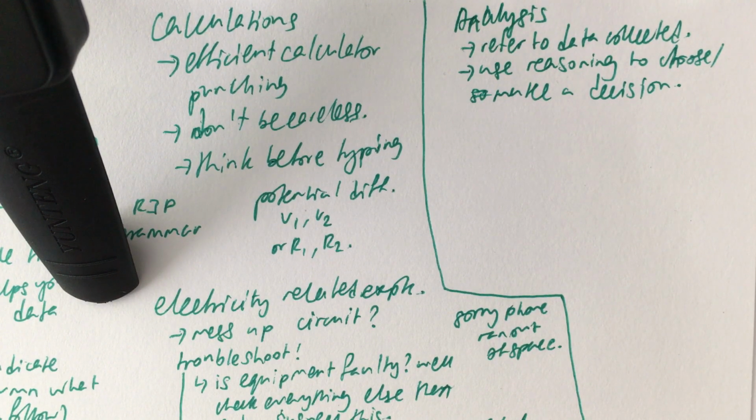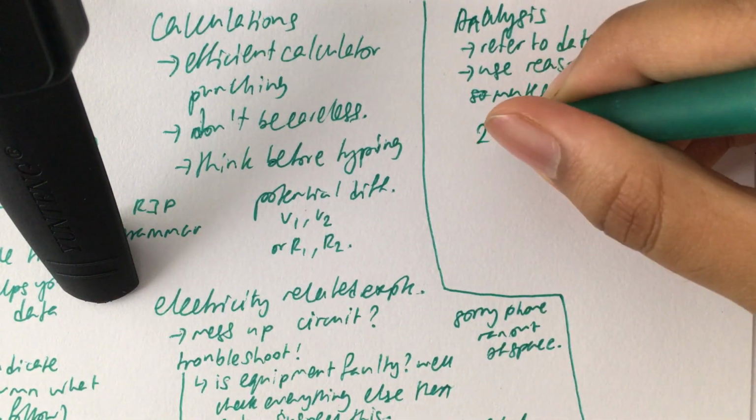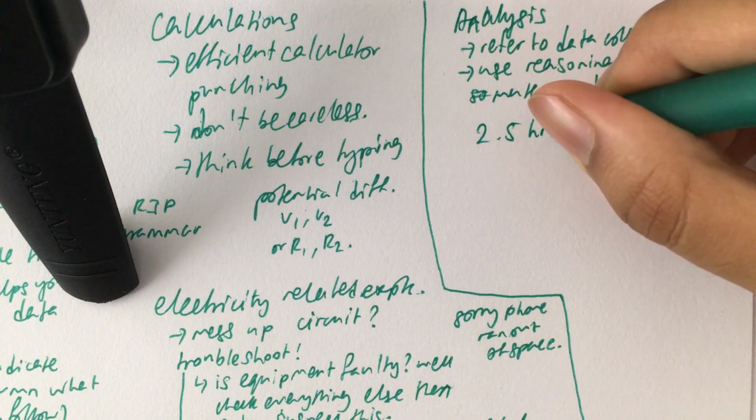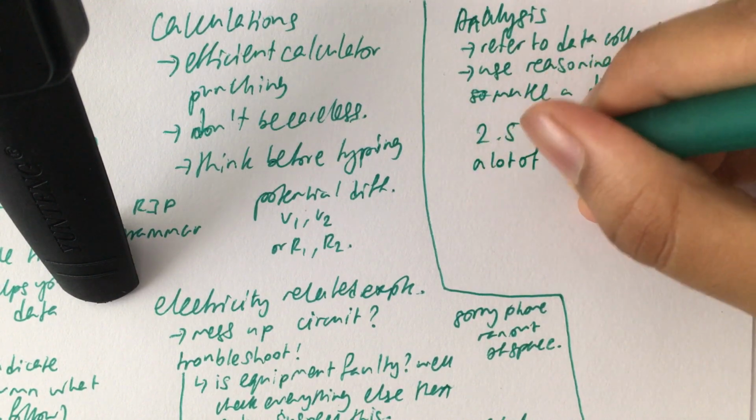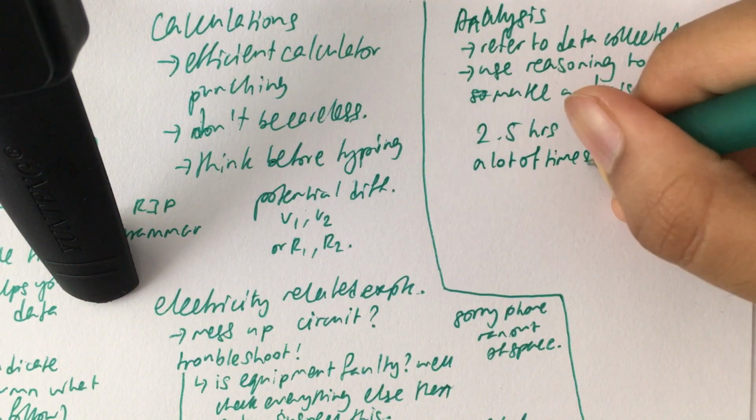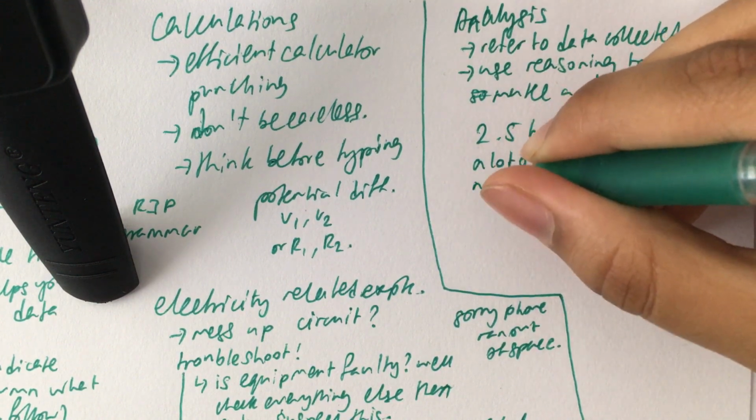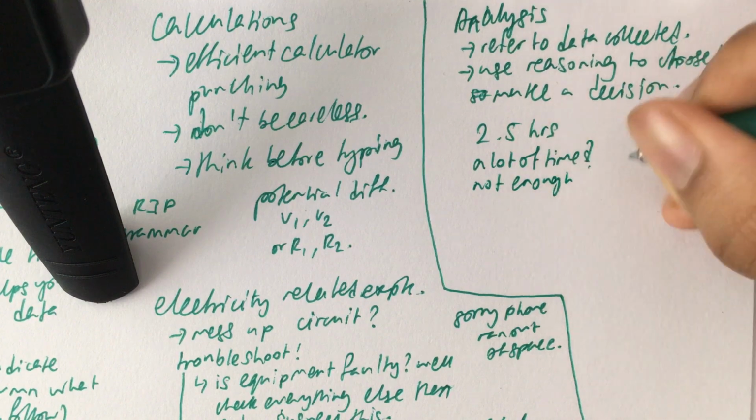Yeah, so of course, during the actual A levels, time will be tight. Even though it's a lot of time, 2.5 hours, it's still not a lot of time. If you panic a lot, you're going to be wasting a lot of time. But it is very, very possible to do this with a lot of time to spare as well. So if you're calm and you make sure to follow all of the instructions properly, and if you do face any